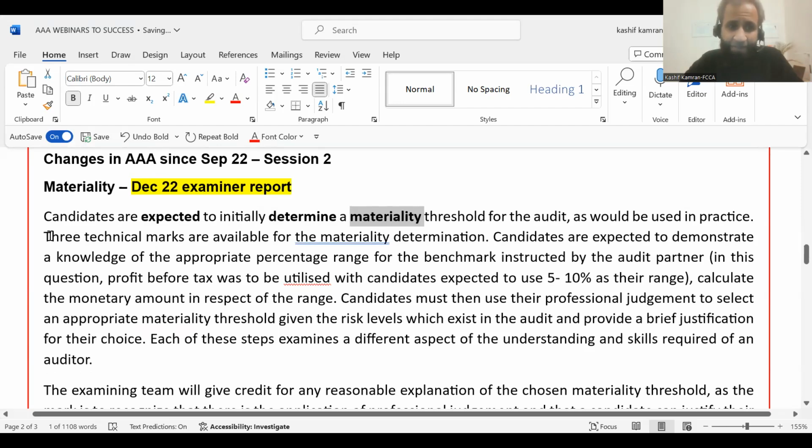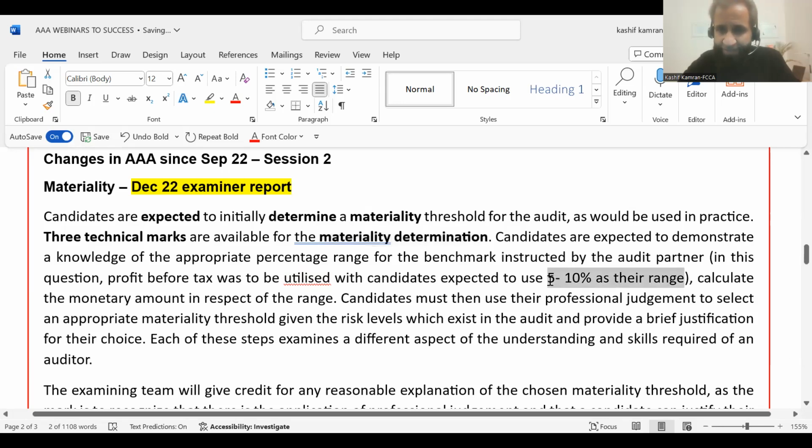3 technical marks. See, the examiner is telling us 3 technical marks are available for materiality determination. But how would you get these 3 marks? Candidates are expected to demonstrate a knowledge of the appropriate percentage range for the benchmark instructed by the partner. In this question, profit before tax was to be utilized, with the candidates expected to use a 5 to 10%